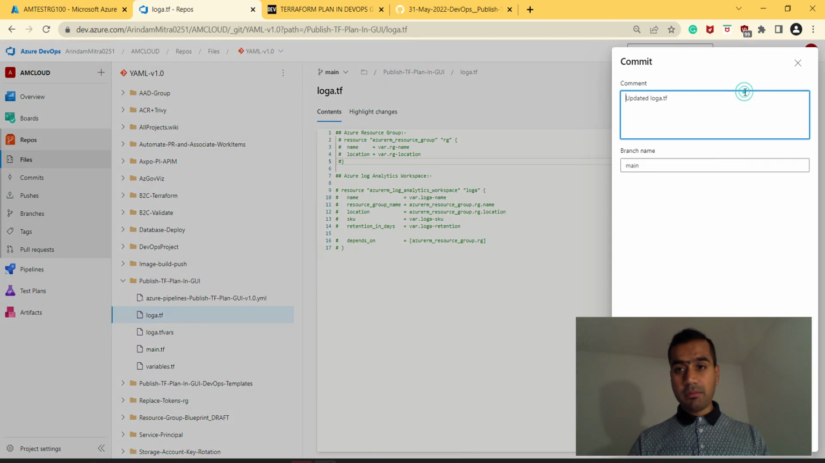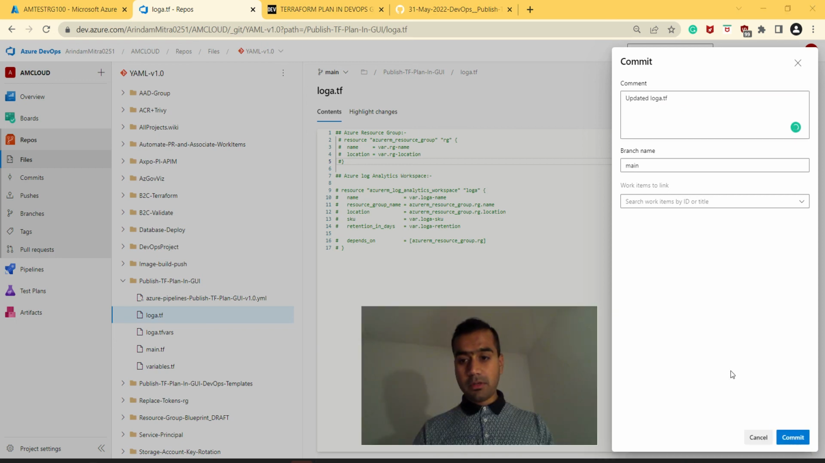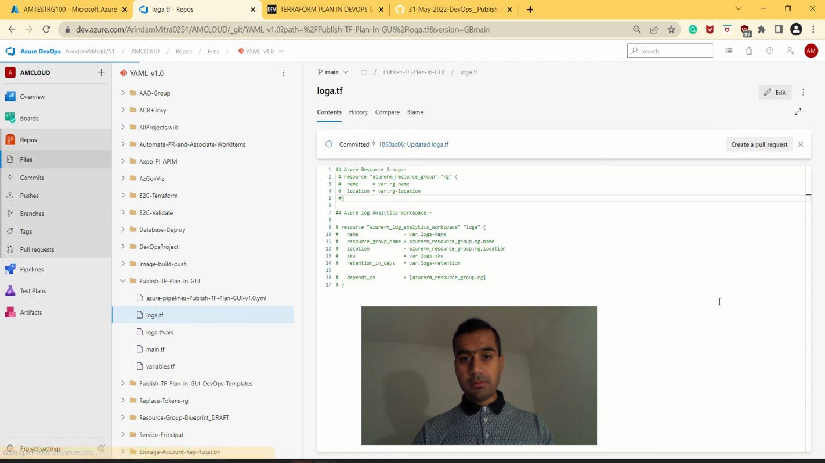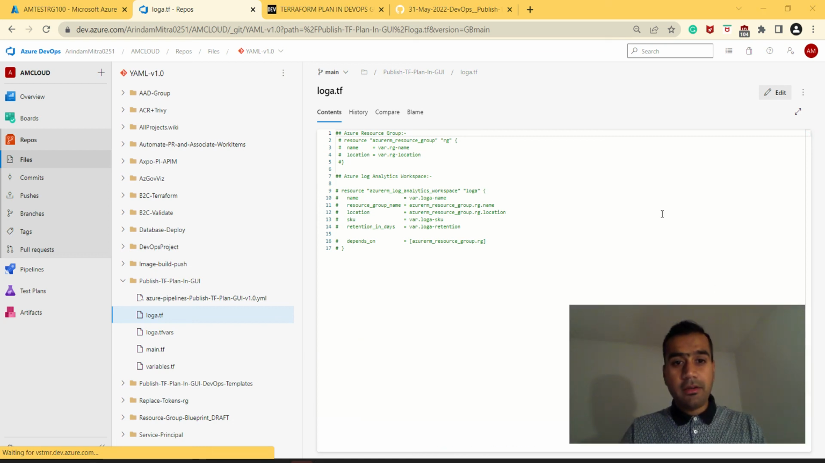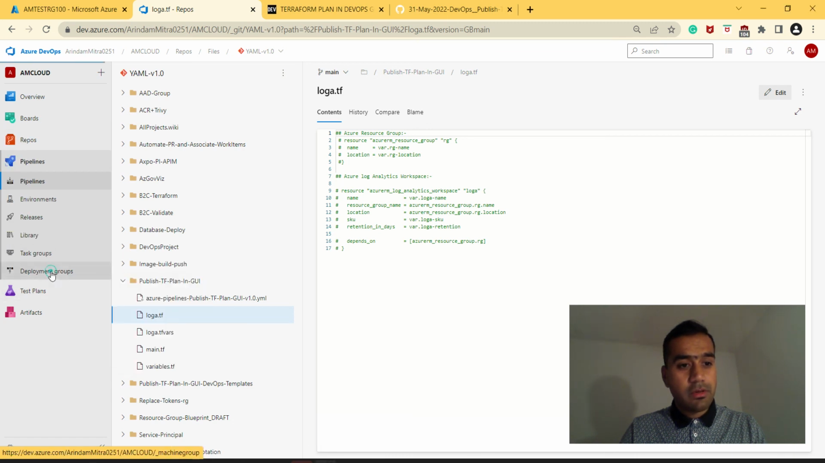Now let me first commit it. Good. Let's commit it. So now I have committed. I have committed to my main branch, so I don't need to have the pull request and everything. You see that I have commented all the code, so there is nothing to be done here. Once this is done and I have committed to the main branch, now what I will do is go there